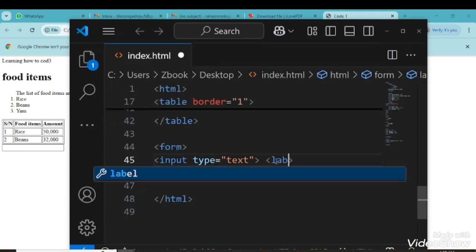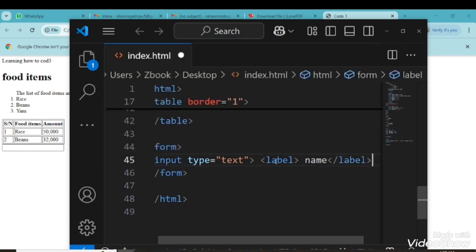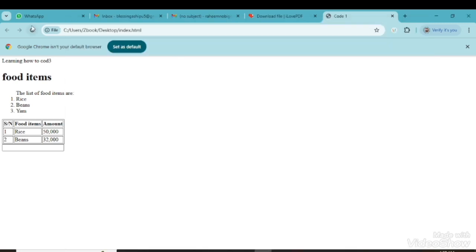So in the label tag, I can now say type name. Let me just put it name. Then I will close the tag label. So if I save it now, you will see that before the box where I will type, the label, see it, it's showing after the box